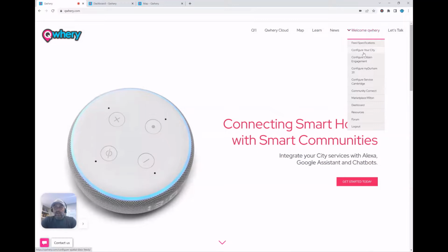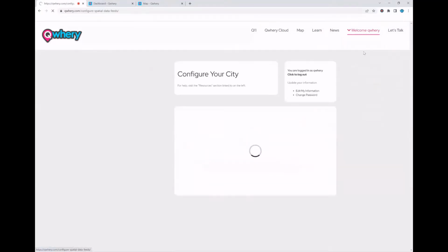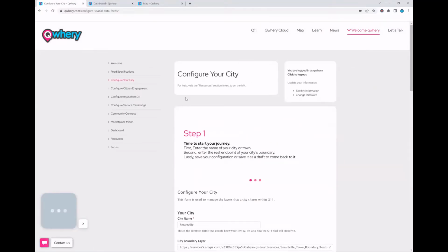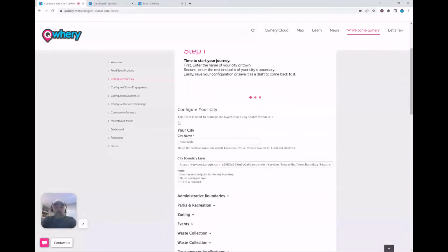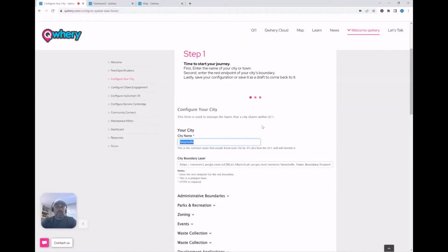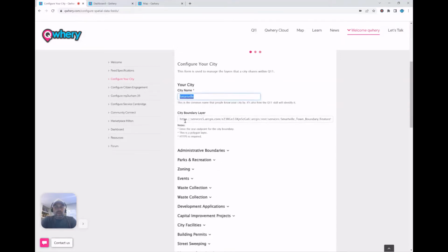prompt and click on configure your city. And you're going to see a form here where you'll start to fill in the fields and connecting your information. The first thing you need to do is let us know what you want the applications to call your organization. So for here, the city name is Smartville, and the next field is the REST endpoint for the city boundary